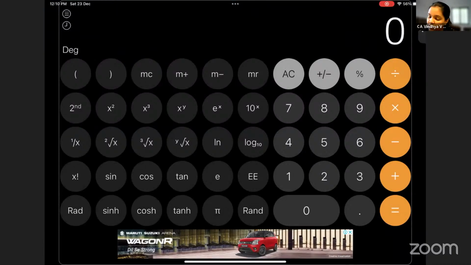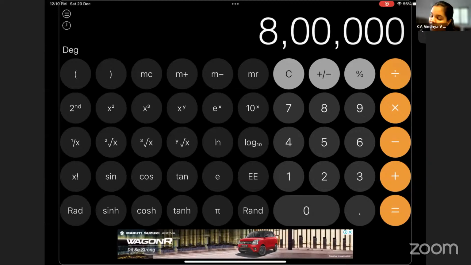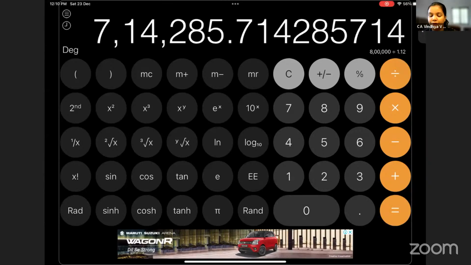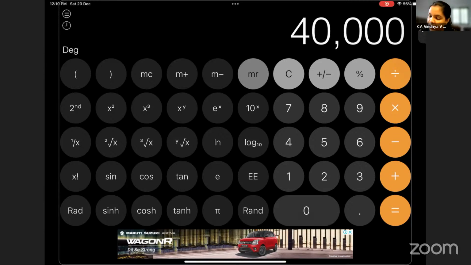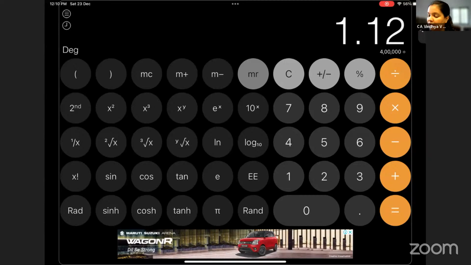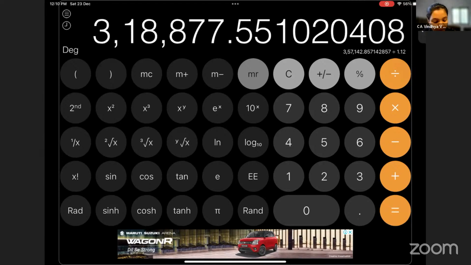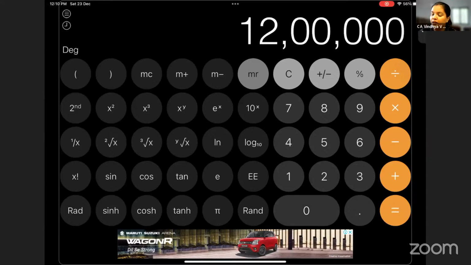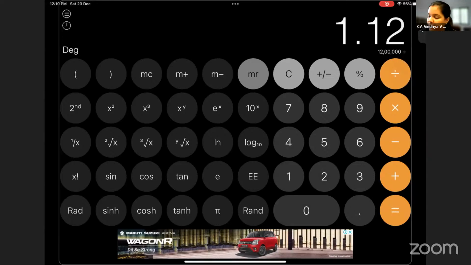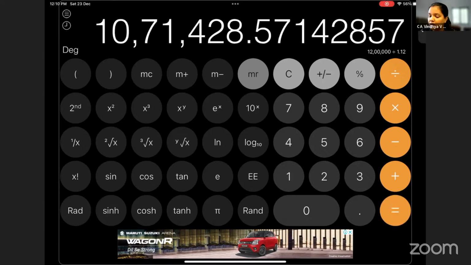What is the first one? Whenever you use M plus, M minus, see that M is there in the calculator. 8 lakh divided by 1.12 is equal to M plus, because you have to consider it as positive value. Next you have 4 lakh, correct? 4 lakh divided by 1.12 to the power 2, which means you have to press is equal to twice, divided by is equal to twice, correct? M plus. Next you have 12 lakhs divided by 1.12 to the power 3, so is equal to twice, 1, 2, 3,